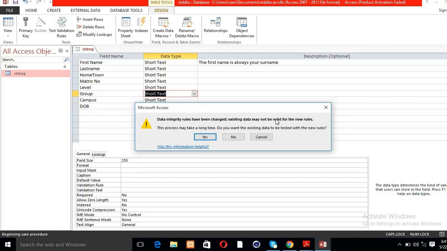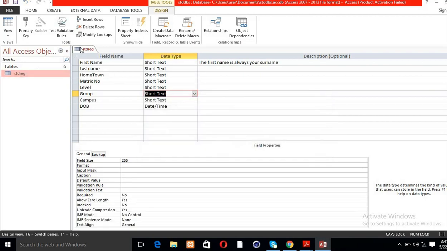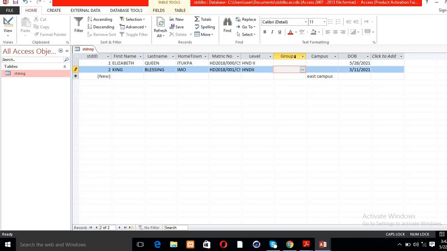Yes. Do you want to keep the testing with the new settings? No. Okay. So actually I will double click here. No, there is a mistake somewhere. I need to wipe this information here, since I'm trying to make changes to these two fields. Okay, let me go back. Go to design view,